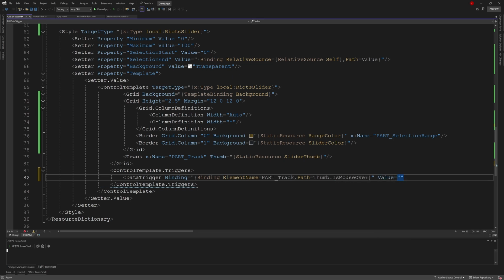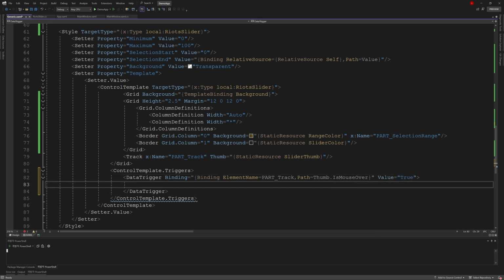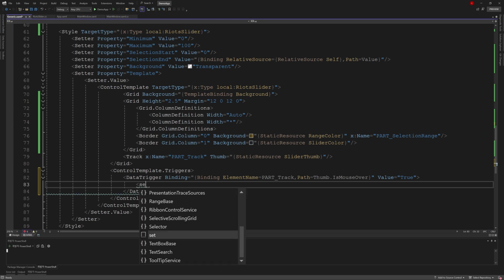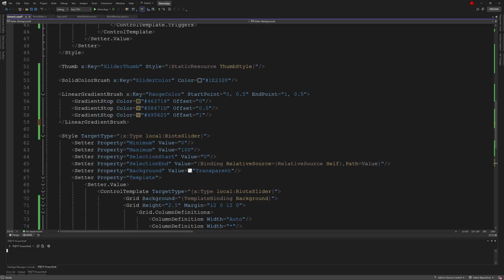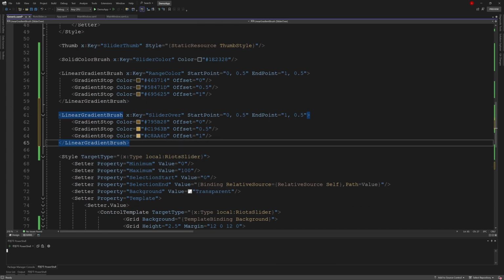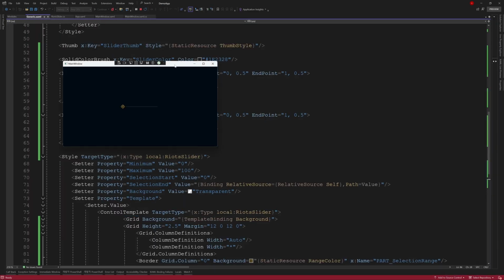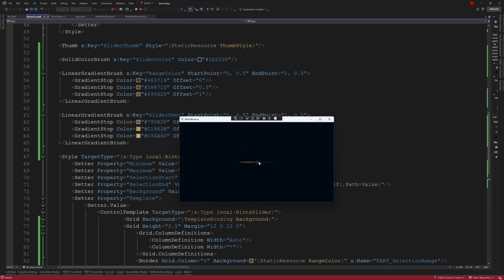When it's true, part selection range, background color, change to slider over. Then we come up to set the specific color. Let's have a check. Okay, it's worked.